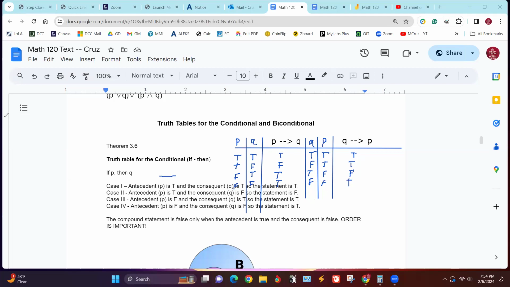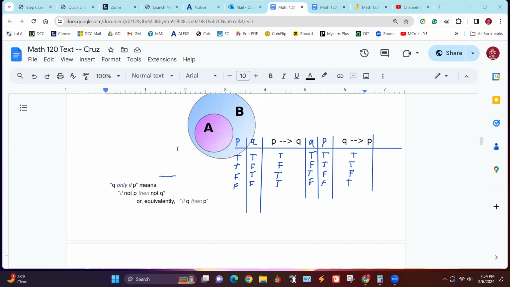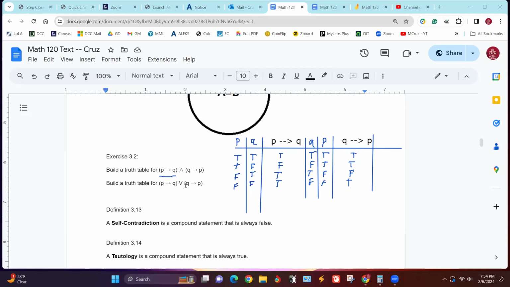Now, let me see if I can do this, because I don't really have enough room to write another column. So what I'm going to do is put a line here, and in this spot right there, it was and.